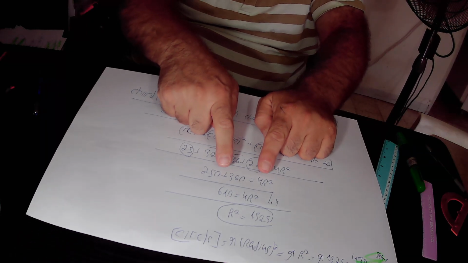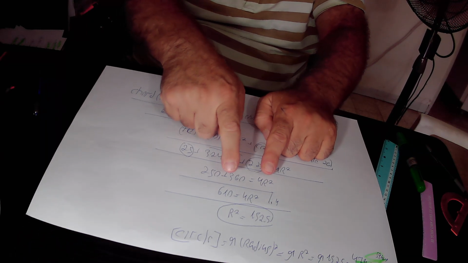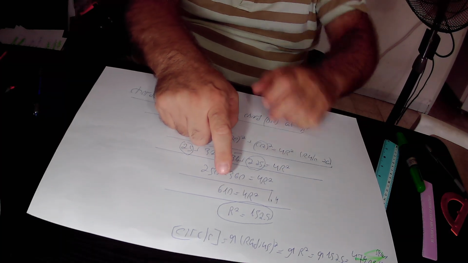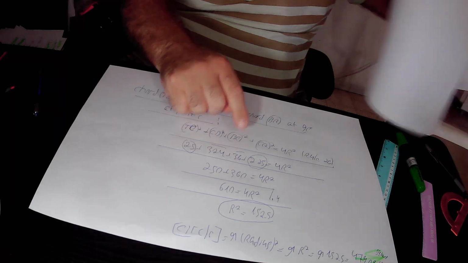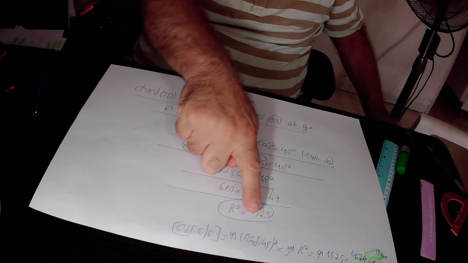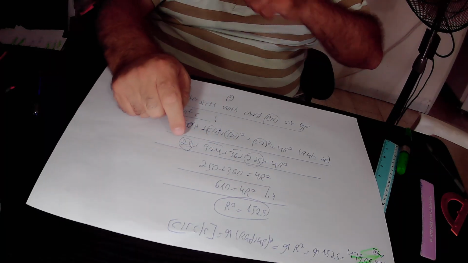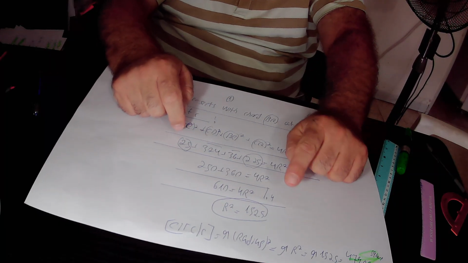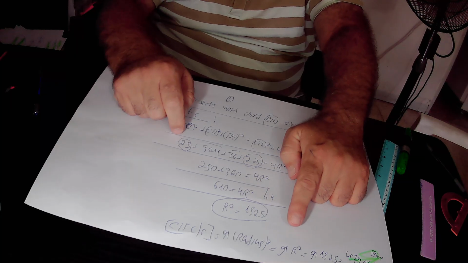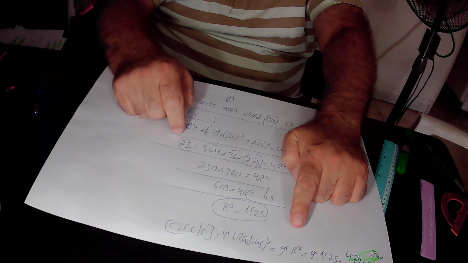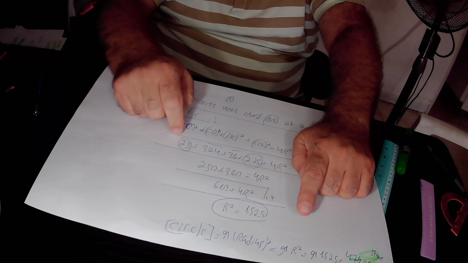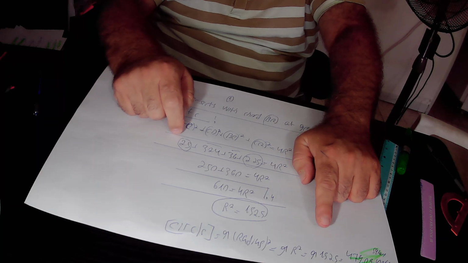We divided this equation by 4 and found that R squared equals 152.5. Our task is to find the area of this circle. The area of any circle is equal to pi times the radius of the circle squared, and therefore the area of our circle must be equal to pi times the radius of our circle squared. The radius squared is R squared, so the area of our circle must be equal to pi R squared. But R squared is 152.5, so we substitute R squared by 152.5, and finally find that the area of our circle